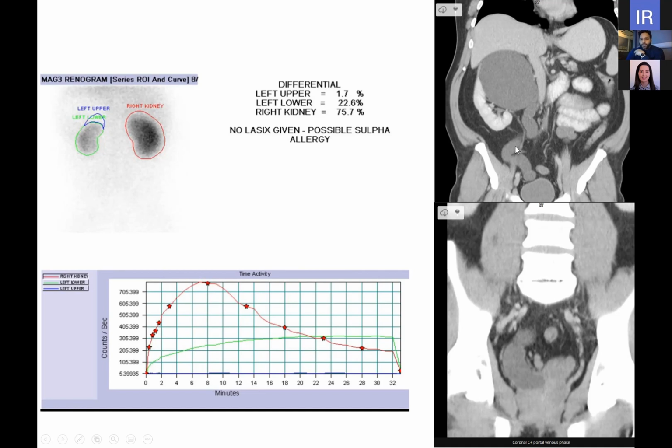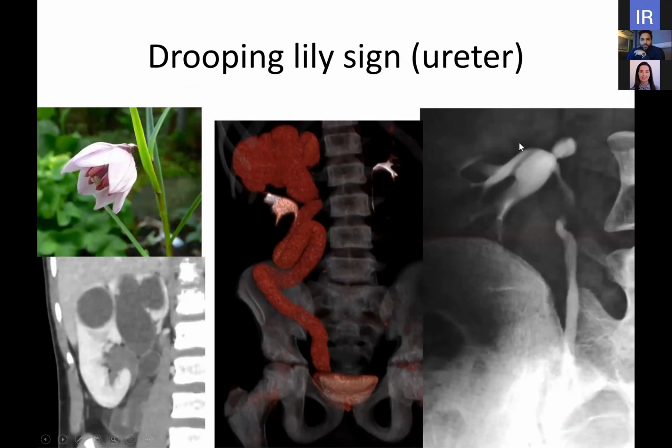And here is an example of a very dilated system to the upper pole, and you can appreciate a relatively normal appearing lower pole ureter and collecting system here. The thing about having a very dilated system, especially at the upper pole, is that it can cause mass effect to the collecting system of the lower pole. And you sometimes get this classic sign called the drooping lily sign. So here